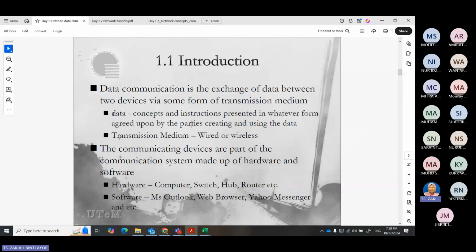Data here is the concepts and instructions presented in whatever form agreed upon by the parties creating and using the data.